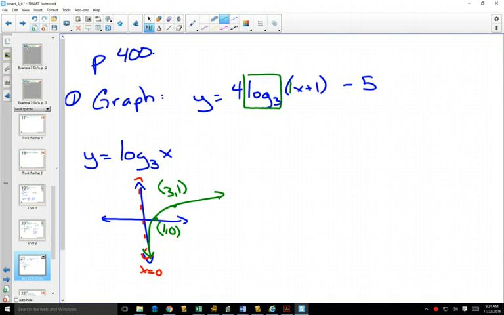log 3 and a box around the x just so I remember that those values aren't going to affect my transformations. So when I move from left to right, I'm only going to hit the 4, the 1, and the negative 5 as far as transformations. That 3 won't affect my graph. It just makes my parent graph. So now we can take our 2 points and our asymptote